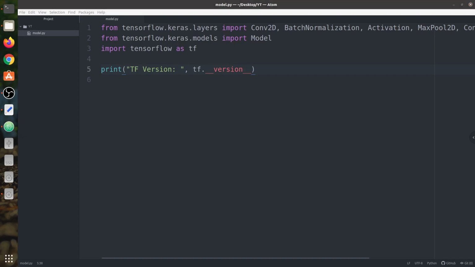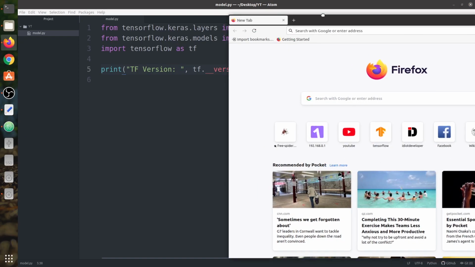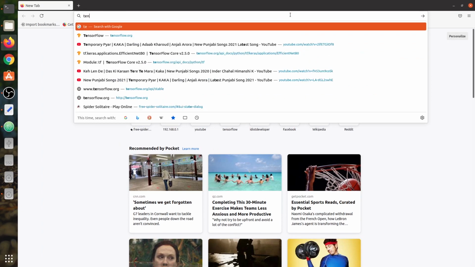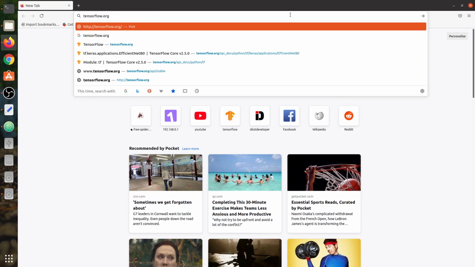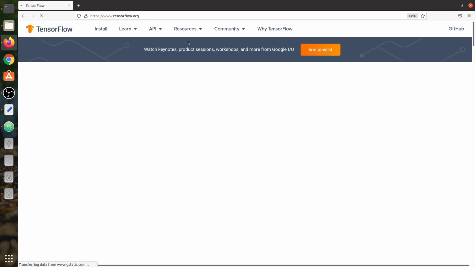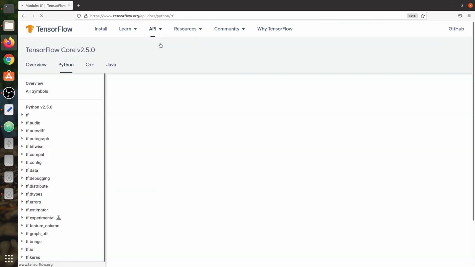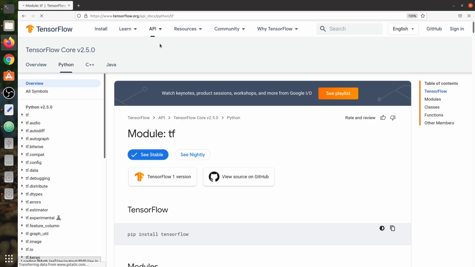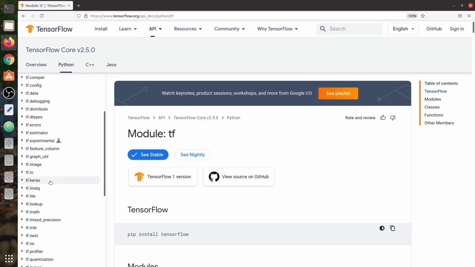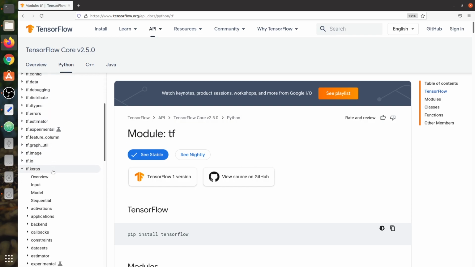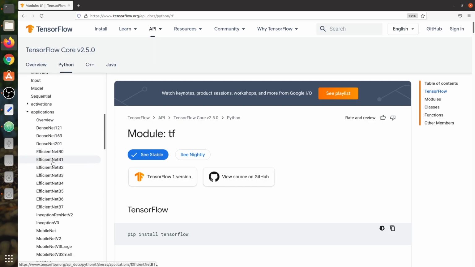Now we're going to open the documentation for TensorFlow 2.5.0. We are using EfficientNet as a pre-trained encoder, so we look in the tf.keras API, then go to the applications part, and here you can see we have 8 EfficientNet models: B0, B1, B2, B3, B4, B5, B6, B7.